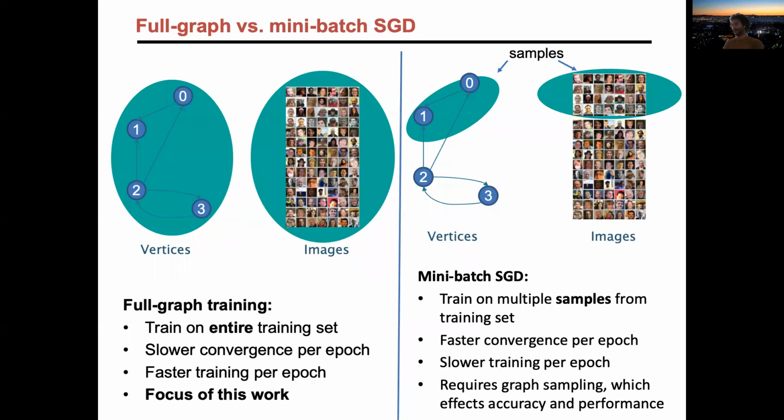So here's the issue of training a graph neural network compared to training a convolutional neural network that we have seen before. In convolutional neural networks that are applied to typical inputs like a set of images, each one of the images that are passed through the system is independent. So I can just say, I'm going to get a batch of 500 images, run stochastic gradient descent, update my parameters, move on to the next batch of 500 images. Whereas if I'm doing node classification in graph neural networks, the nodes are connected to each other. So I can't just say I'm going to take 500 nodes out of a graph with millions of nodes, just train on it,